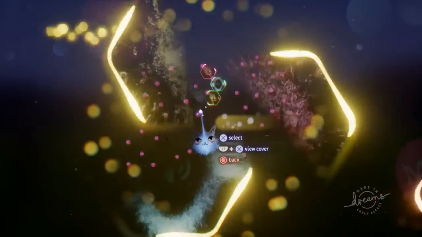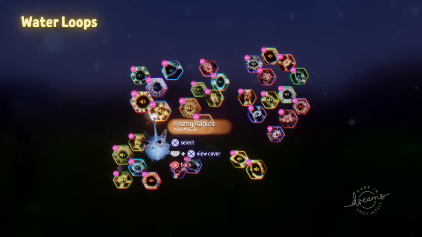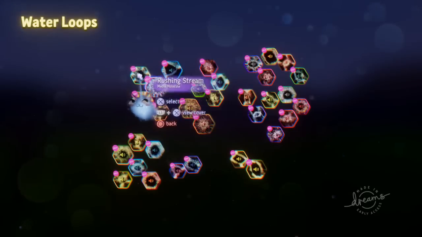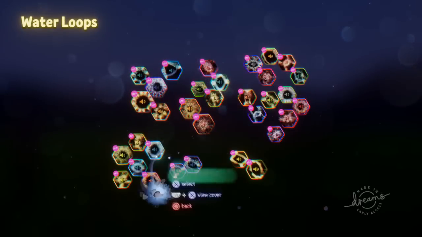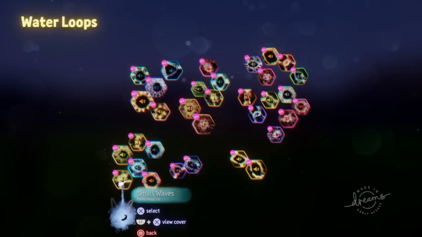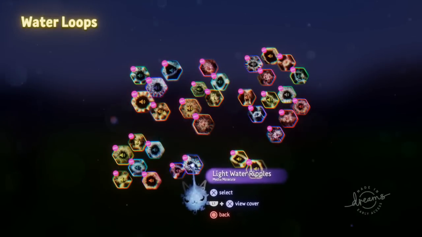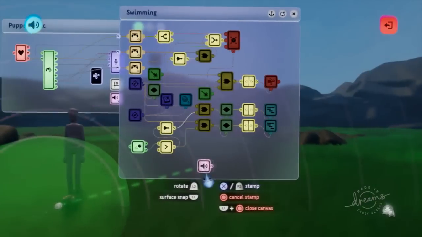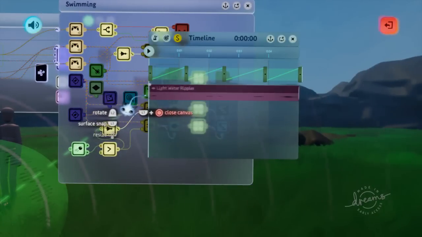Probably this boss, water loops. I'm using light water ripples for our